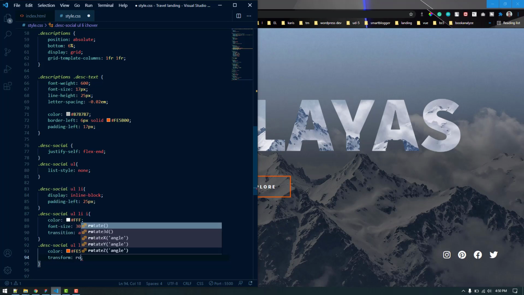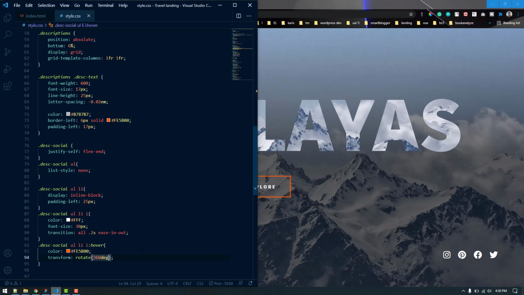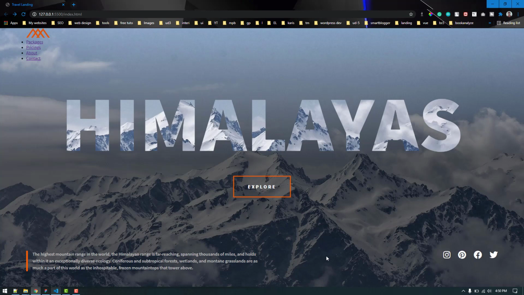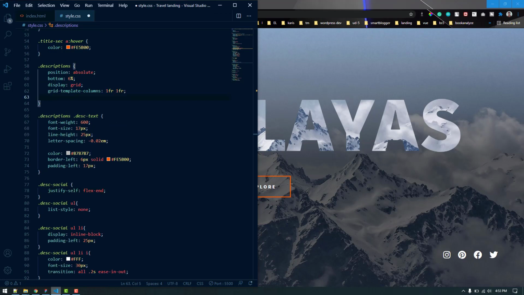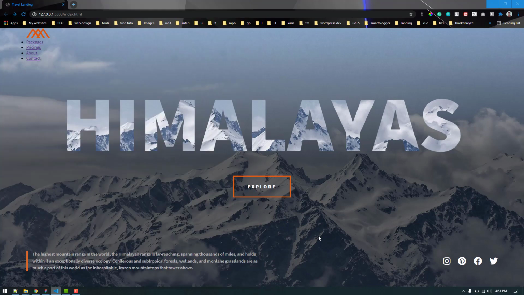Transform, rotate, and 360 degrees. Okay, let's save. And now it got a nice rotation when you hover on that, and it actually looks fine, but the line alignment is not proper here. For that we are going to add align items center. Now they are properly aligned in this grid box.